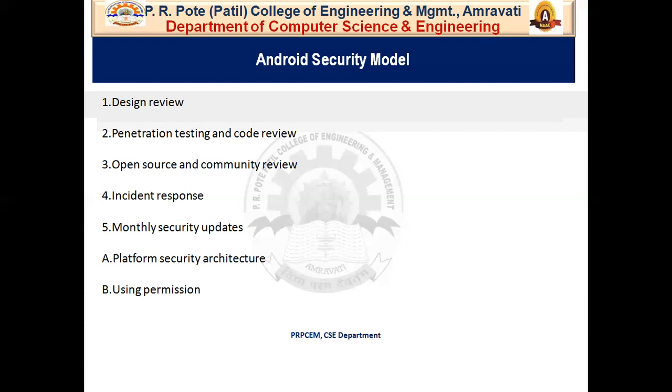In the platform security architecture, Android aims to be the safest and most usable operating system for mobile platforms by repurposing traditional operating system security controls.